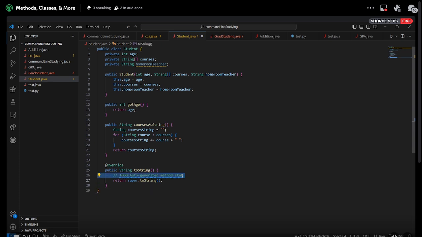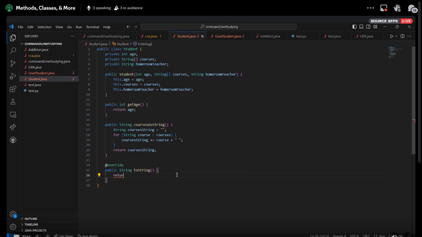The toString method overrides what toString naturally returns. I'll show you what it naturally returns later. It's just going to return a memory location, and here we can create a custom toString method. Generally, this is good practice to do along with the hashCode method, but we won't worry about that for now. We can just return